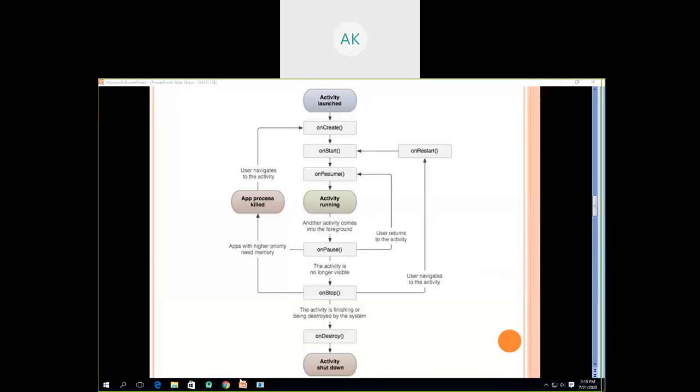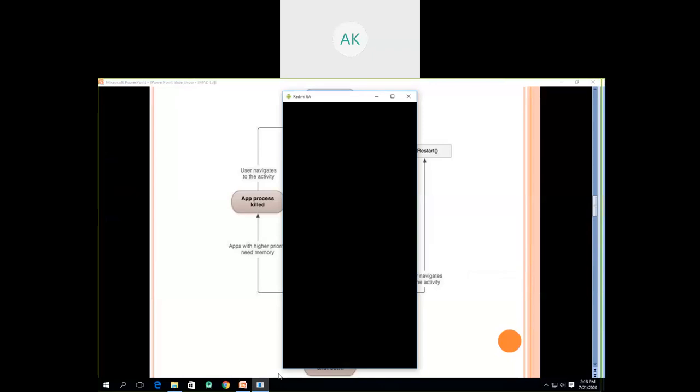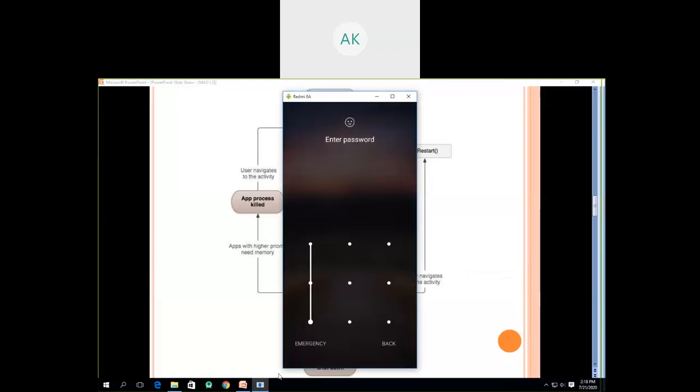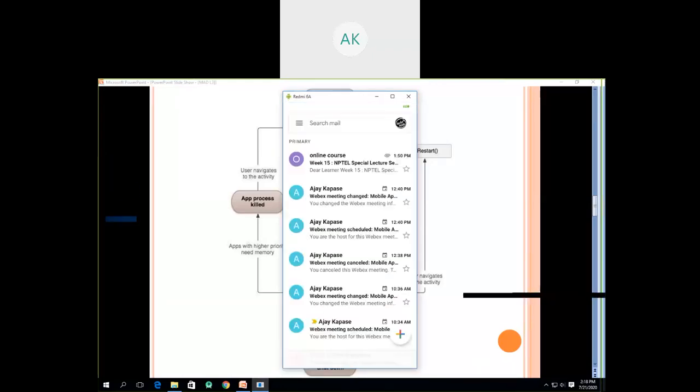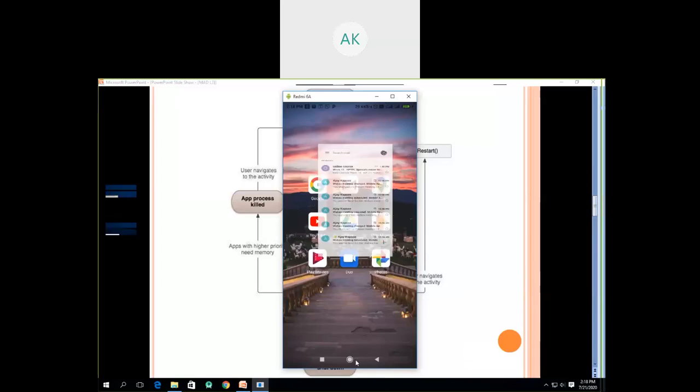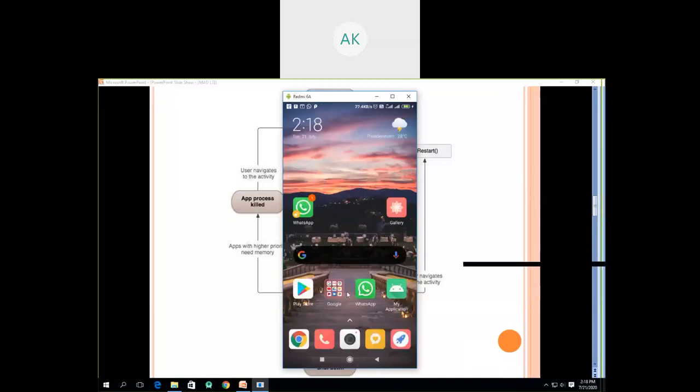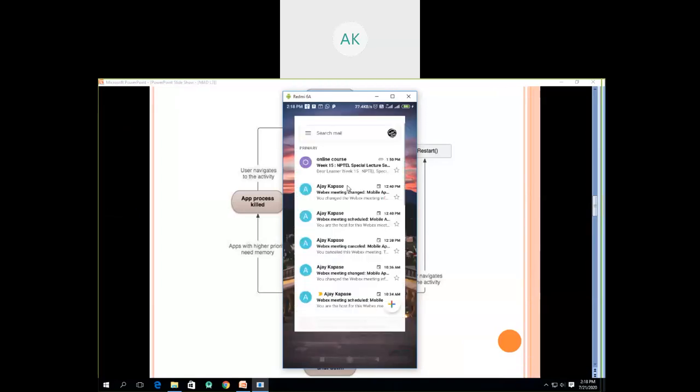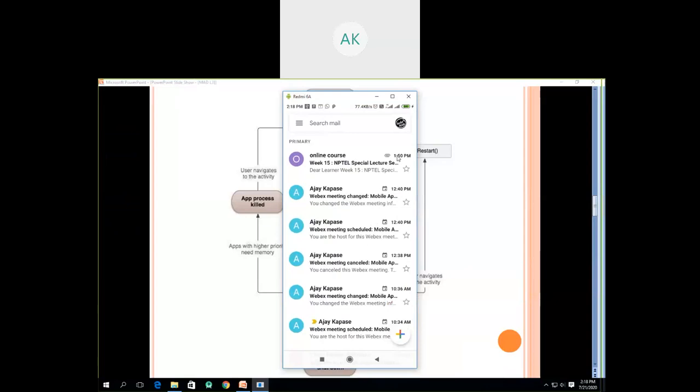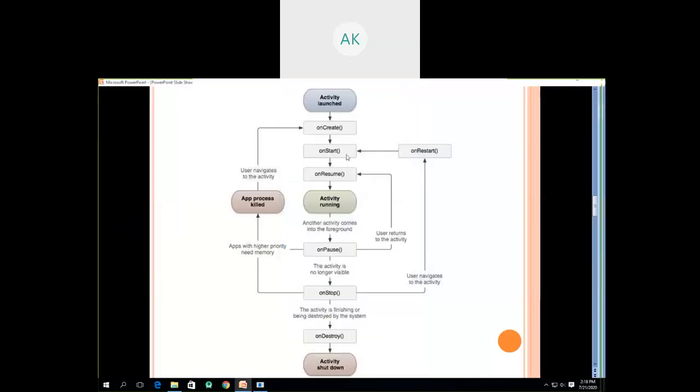For example, let's say this is the activity I have created, a specific Gmail activity. If I click on this Gmail activity, the activity is started. This is what you have to understand: which life cycle methods happen here.